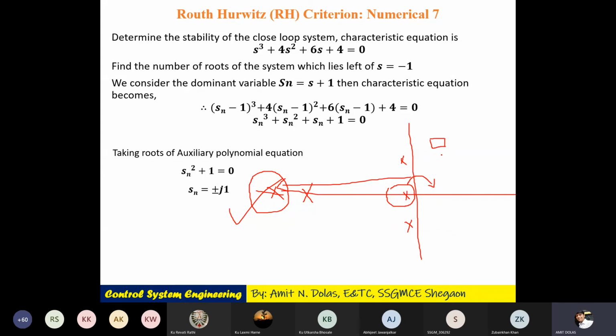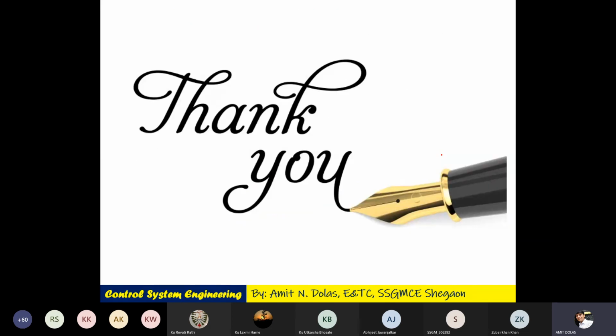Okay, so with this theory and the example of stability and relative stability, we stop here. In the next lecture onward, we will see the root locus technique, which is completely different from the Routh-Hurwitz criteria. Some drawbacks are there of the RH criteria. That's why we'll move to the root locus technique, and then unit number 3 will be over, and unit number 4 will be handed over to Dhekekar sir. Thank you very much. If any question, I may wait for 1 minute.